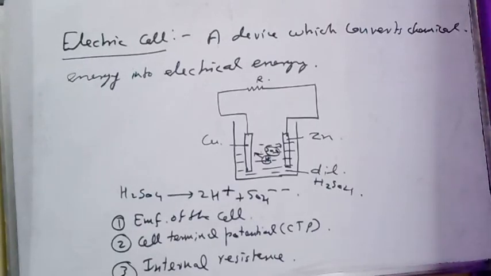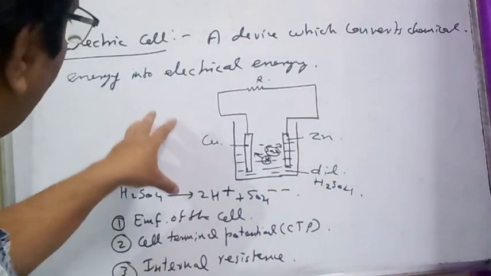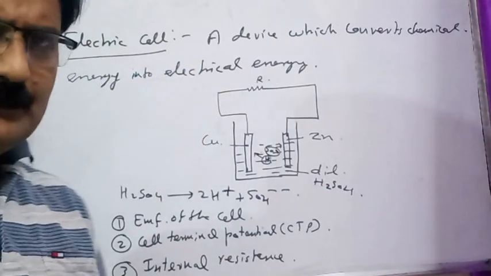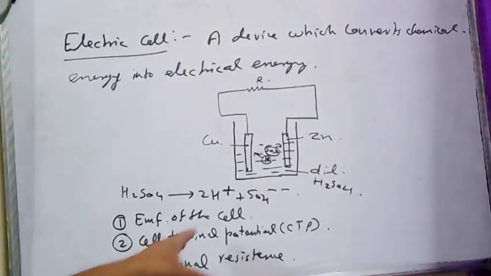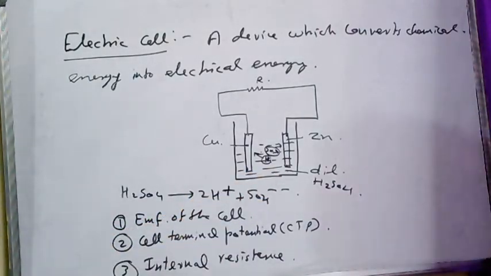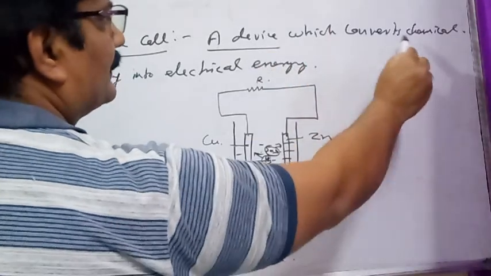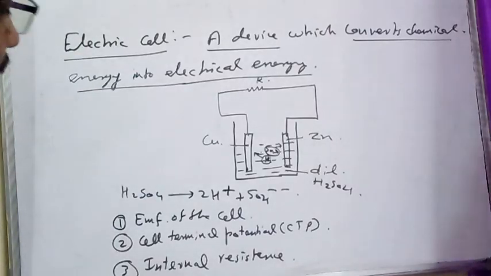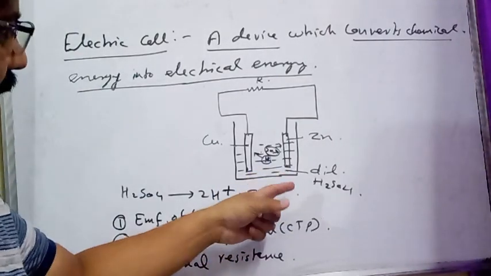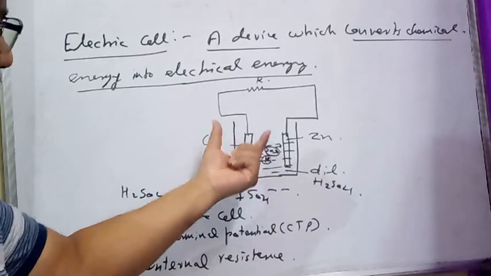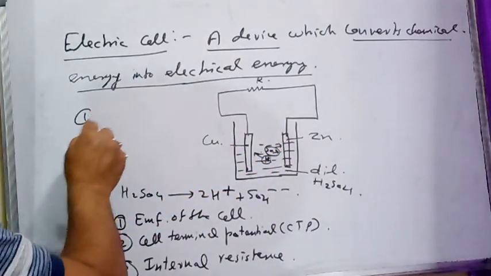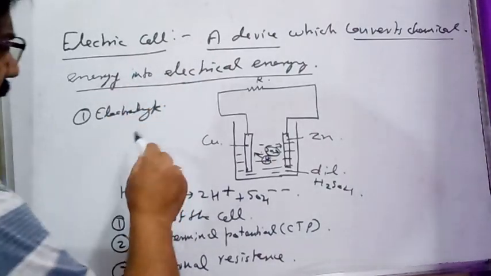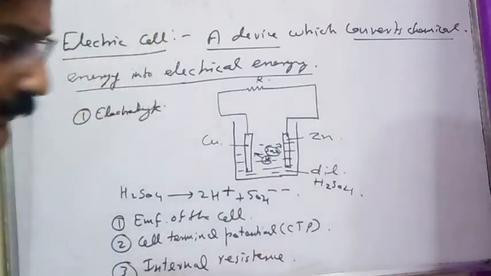Students, in the next part of the video, we are going to study about the electric cell. So what is an electric cell? In the earlier or lower classes, you might have studied what an electric cell is. An electric cell is a device which converts chemical energy into electrical energy, by reactions of the chemical used in the cell, that is called the electrolyte. The electrolyte is basically taken in the form of an aqueous solution.